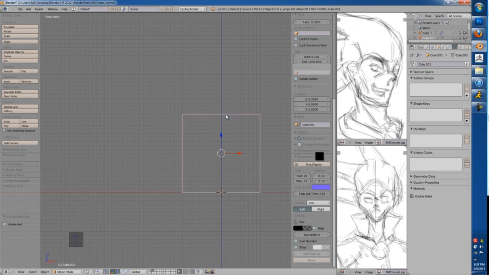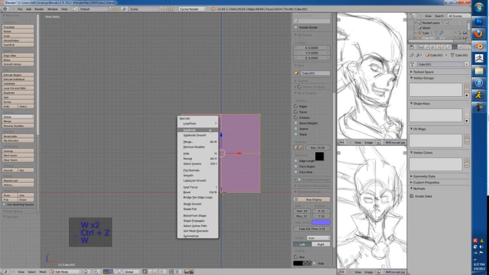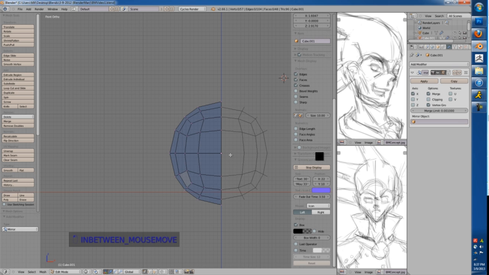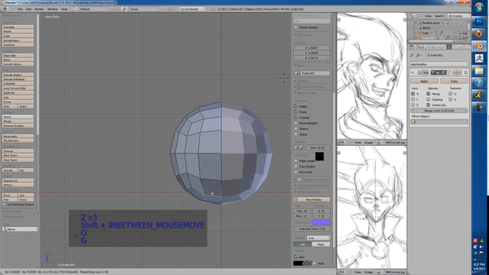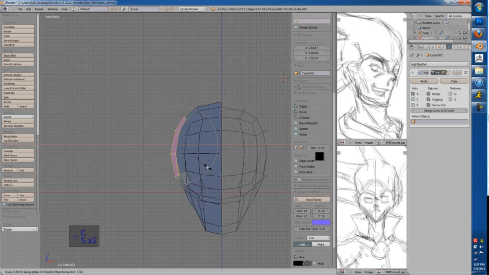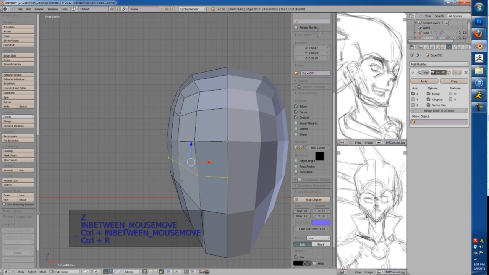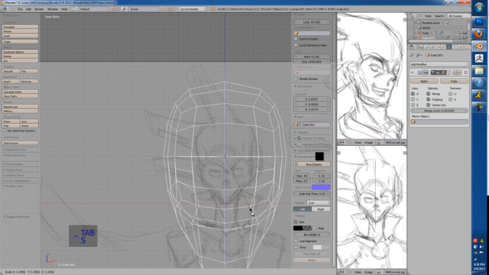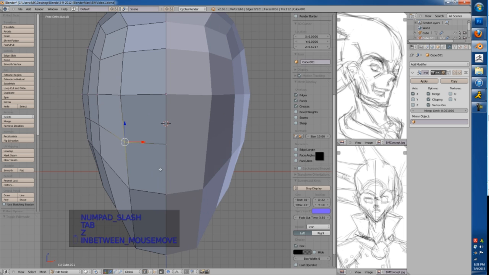The reason I use the empties instead of reference images is mainly because it does give me GSR controls, where I can just move, rotate, and scale the hell out of it and not have to worry about dealing with the end panel, which I like to hide as often as possible. So we start off dropping in a cube, subdividing it, and now I'm just beginning to get the rough